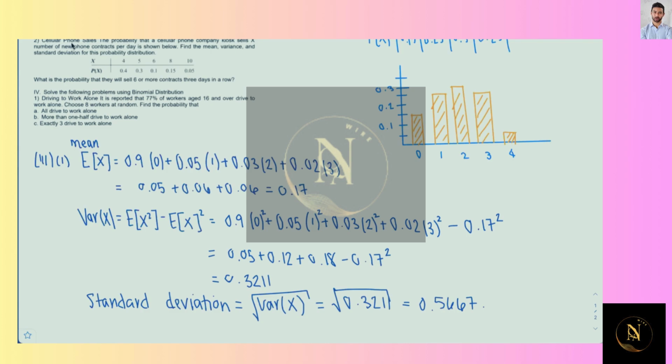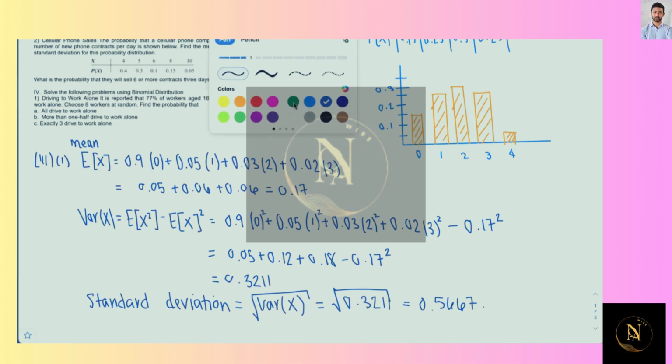All right, number 2, cell phone sales. The probability that a cellular phone company kiosk sells X number of new phone contracts per day is shown. Find the mean, variance, and standard deviation for this. What's the probability that they will sell 6 or more contracts 3 days in a row? Okay, so for this one,